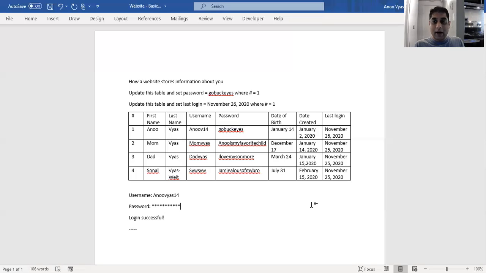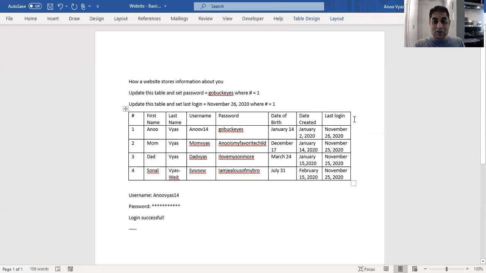Now you might be wondering, how does Facebook store all your friends and your profile pictures? We're going to talk about that real soon. But I just want to let you know that all of that information is basically stored in a table like this. I just included a couple of columns here: your first name, your last name, username, password, date of birth, and so on and so forth. But we can certainly have more columns here, such as